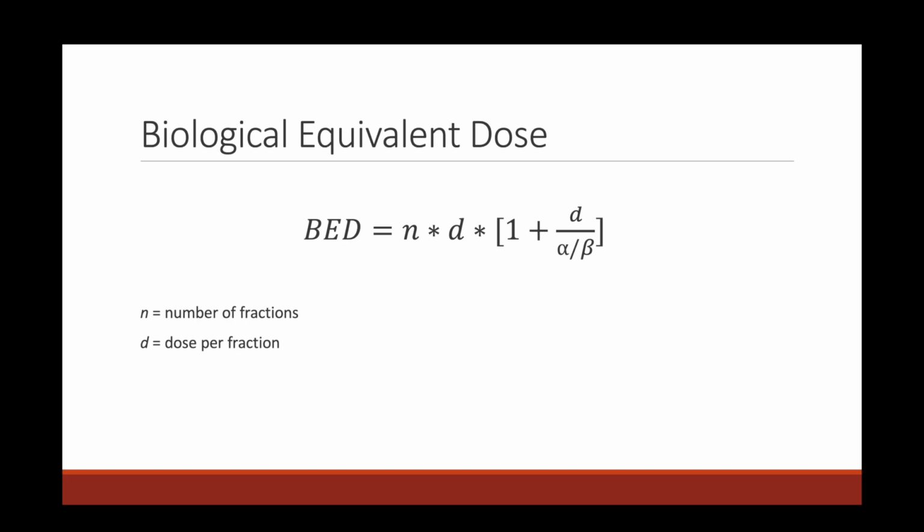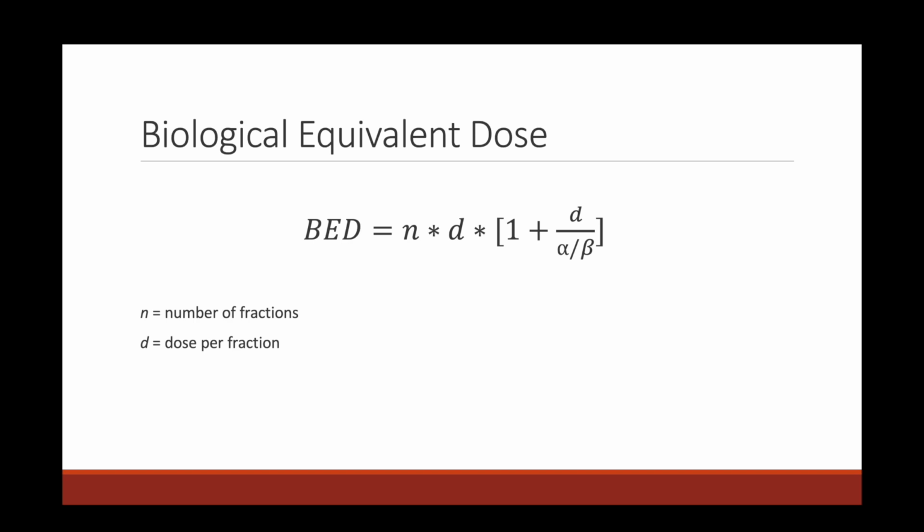We are thinking about the number of fractions, the dose per fraction, as well as the alpha-beta ratio. Those are 3 of the 4 things that we talked about on that very first slide, going over what plays into effective dose. The only component that we're missing here is time, okay? But the biological equivalent dose is very commonly used to conceive conceptually how much effective dose we are